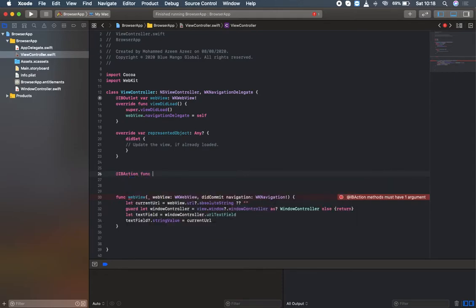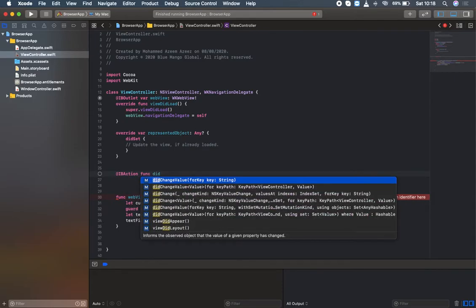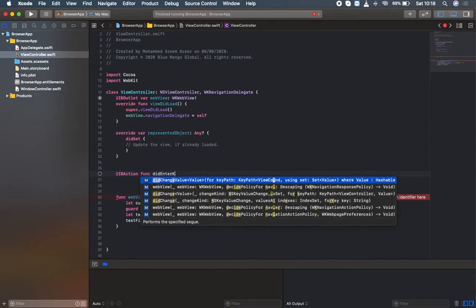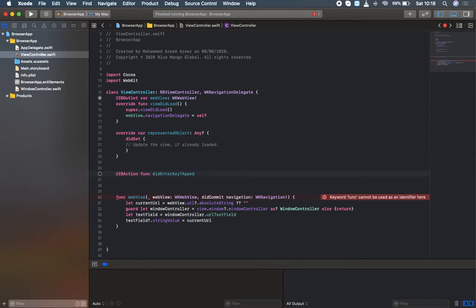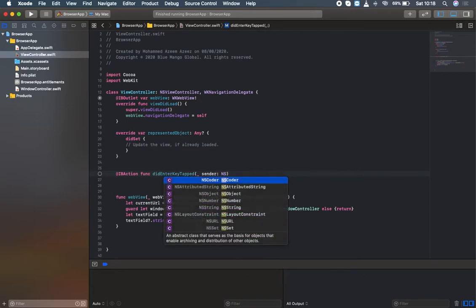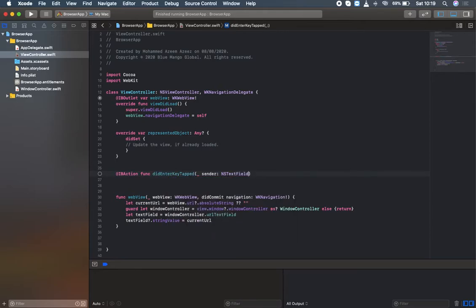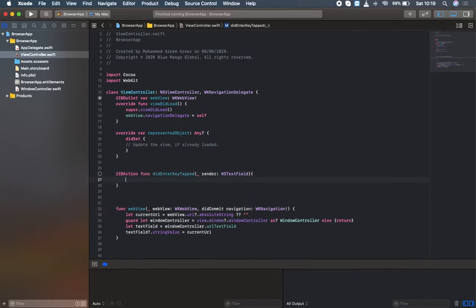So IBAction func didEnterKeyTapped, and it's of sender, for NSTextField,